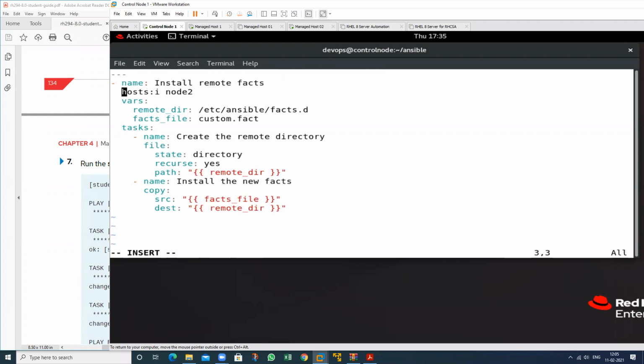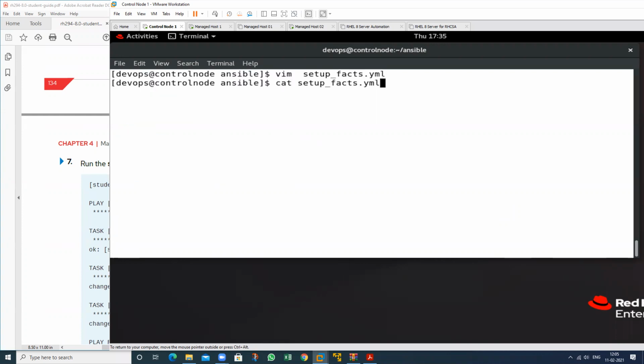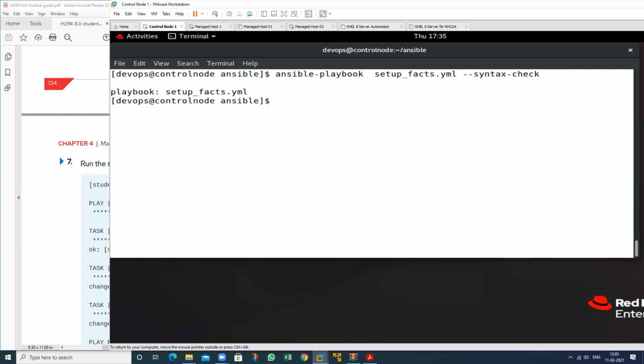Okay, we have one mistake, this one. Remove this. I typed an extra I, which is already there. Is there any other mistake? No, it's right. Now check the syntax check again. Okay, then I want to run this. Then check.